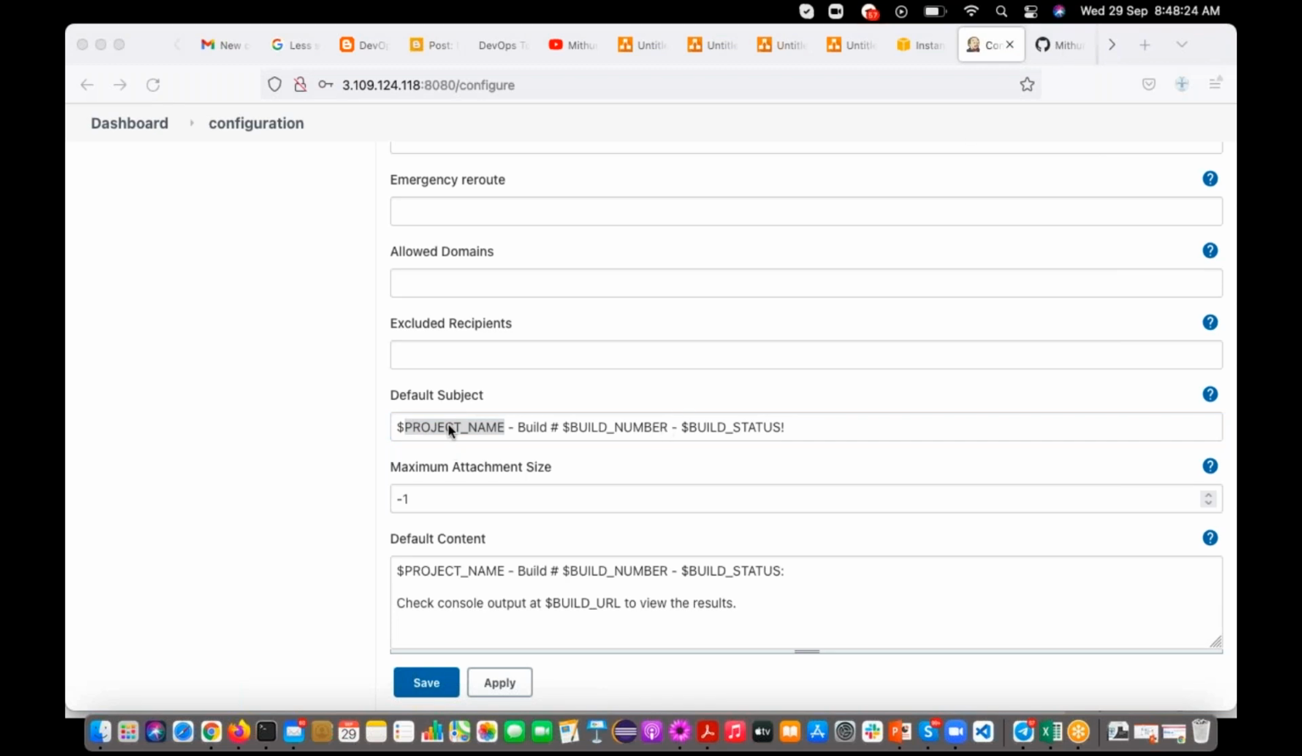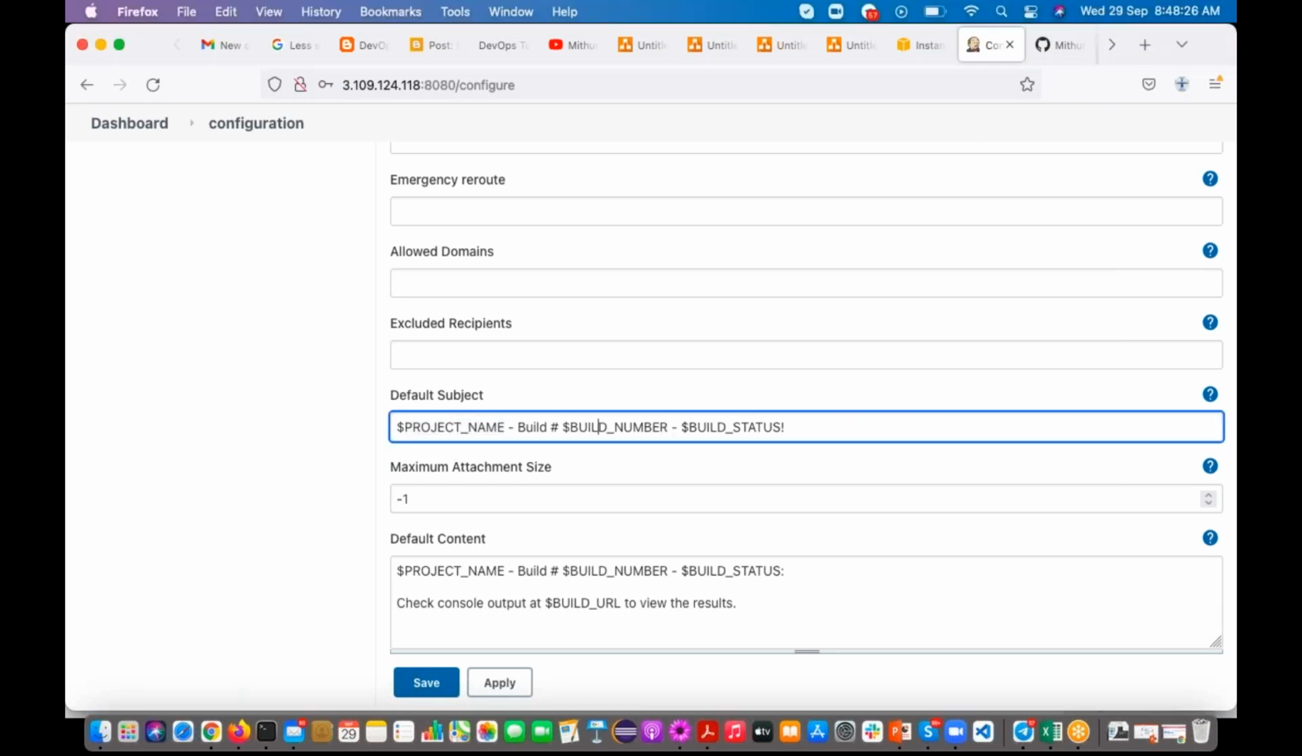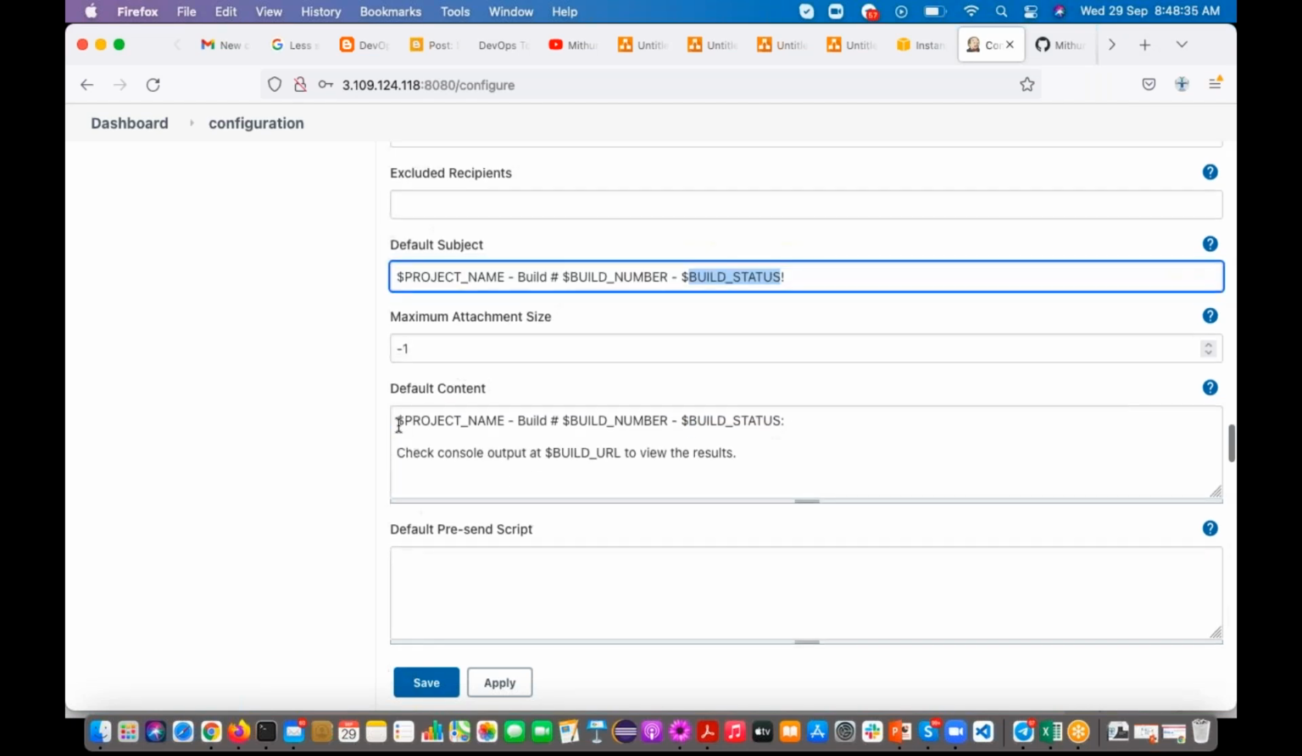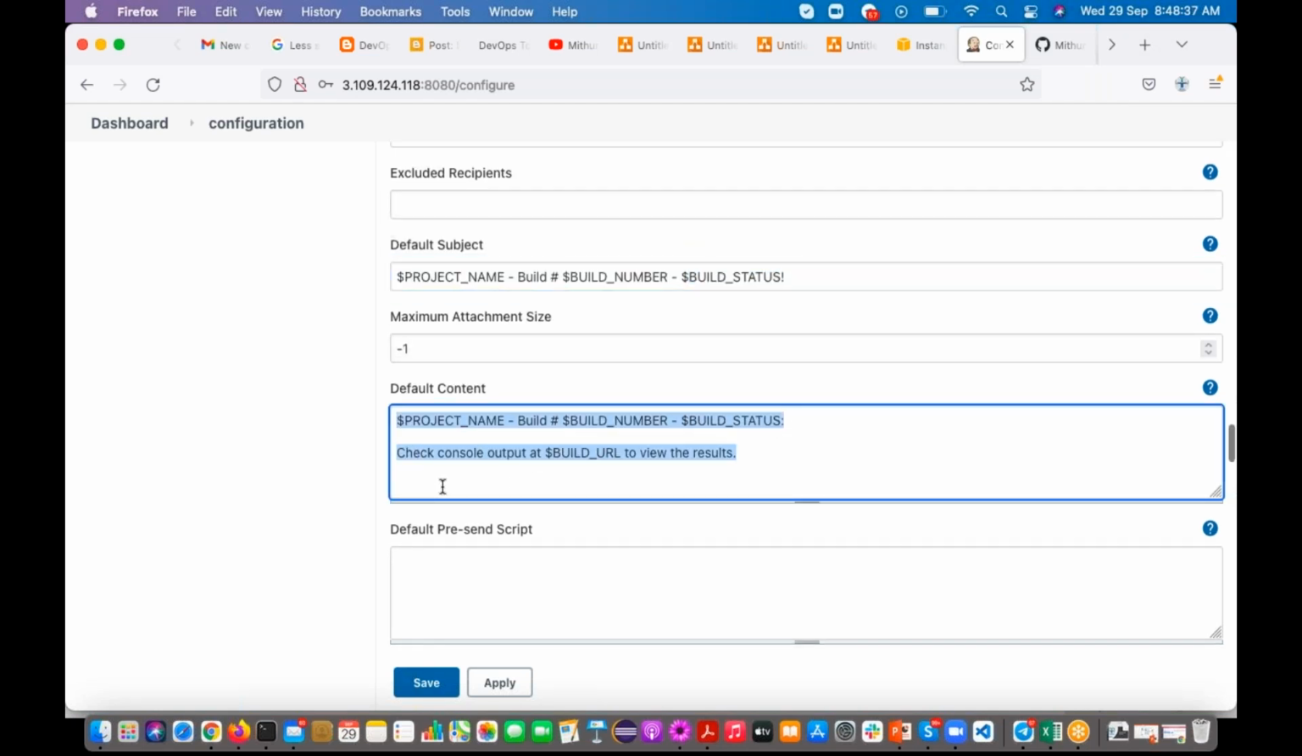Project name means your job name. Build number, it is going to increment by one every time. That build number. Build status: success, failure or aborted. This is the subject, this is the body of your mail. So if you want, you can update that also. Regards, you can add your email signature,